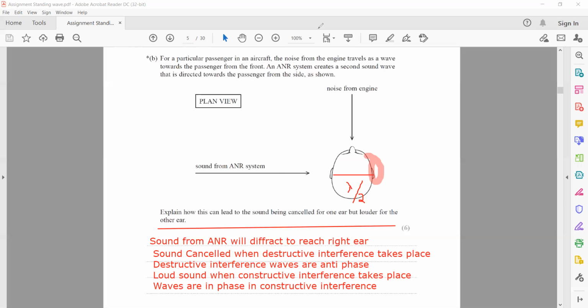Why will it lead to destructive? Like for example, here the waves cancel out each other when they meet. They cancel out each other, so there is no sound. But when it travels half of the wavelength, then likely which type of interference will take place? Constructive interference, because initially it was destructive, then after half wavelength it will be constructive, because when you draw the figure,